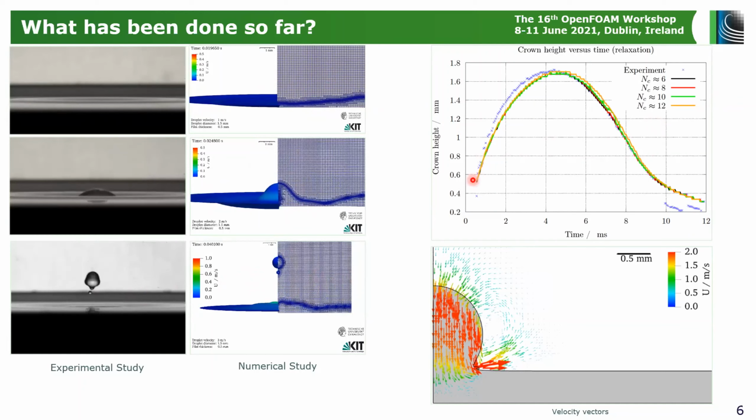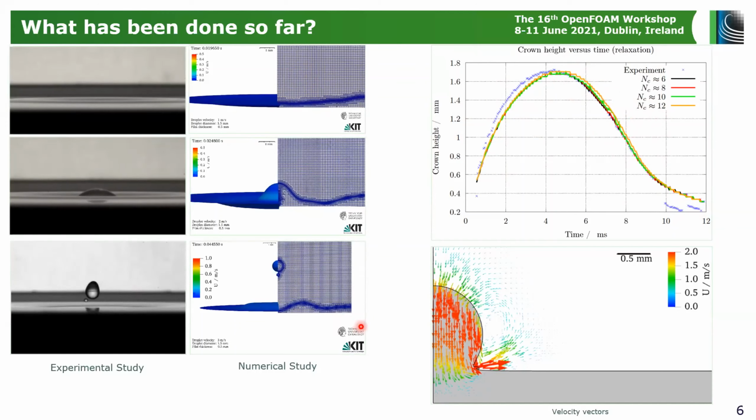We are using the image processing toolbox of MATLAB in order to analyze the images. This is only one of the results that I have with me here, which is the crown height, but we have different results. For example, we have the diameter at the top of the rim, we have the diameter at the bottom, and many other results which will be published in our new paper. Also, these are representing the number of interfacial cells, and we can see that we are consistent with regard to the number of interfacial cells.